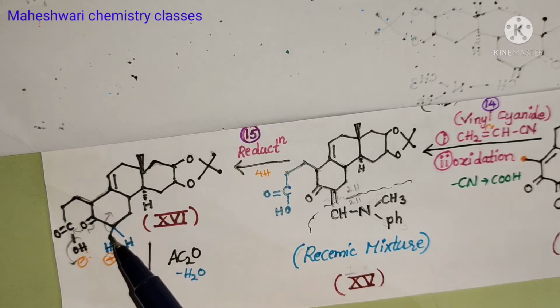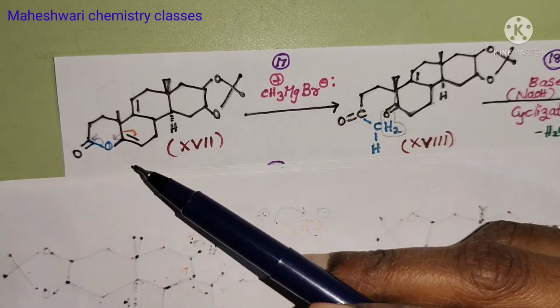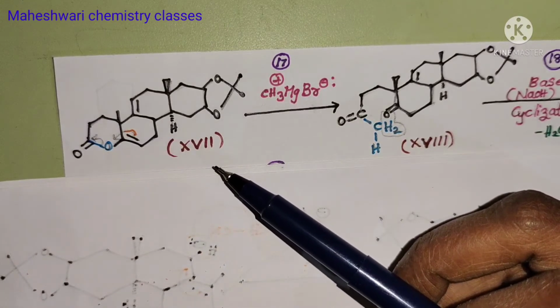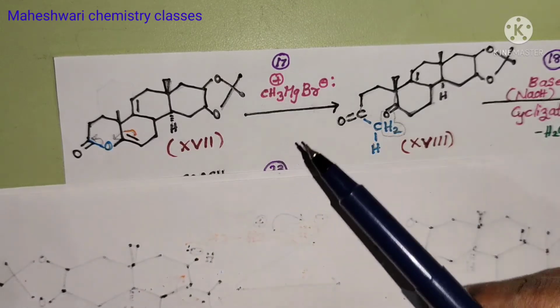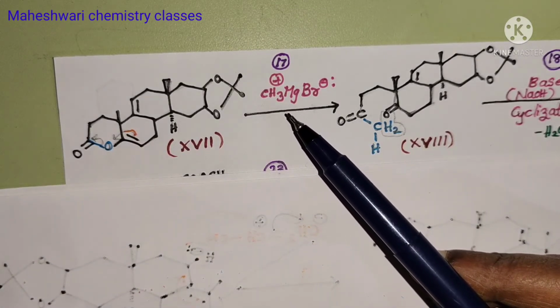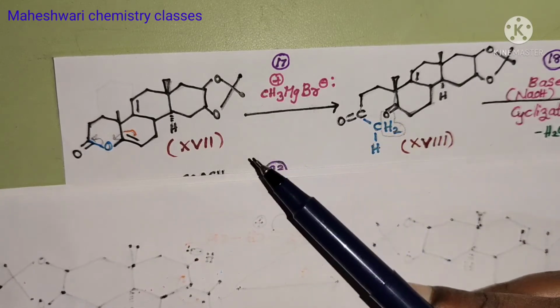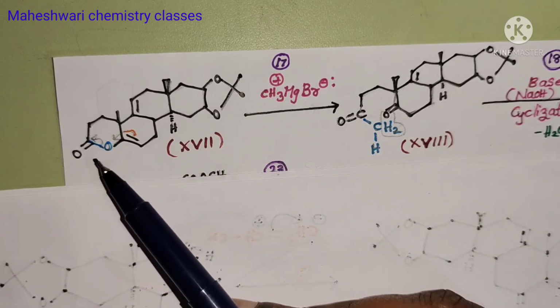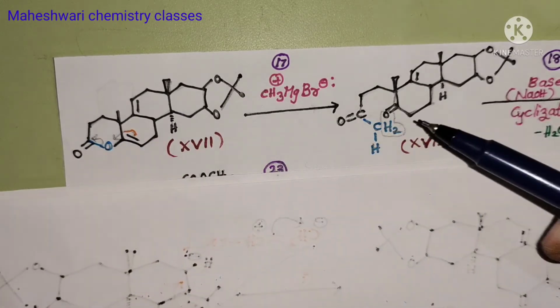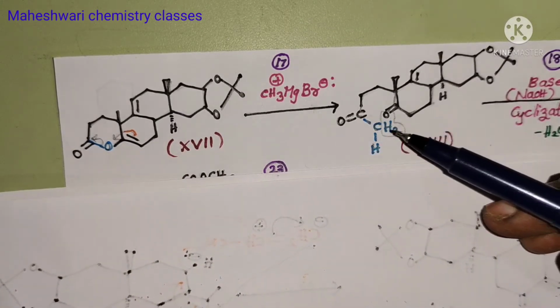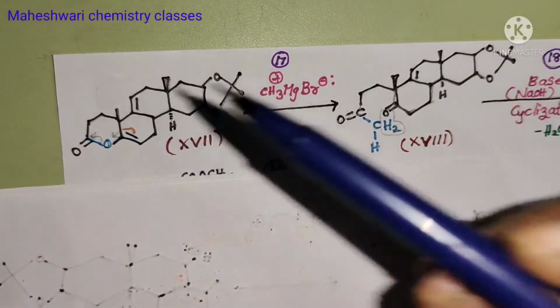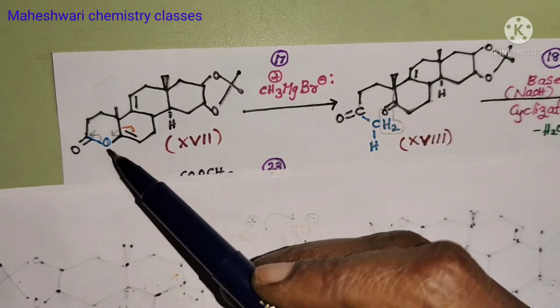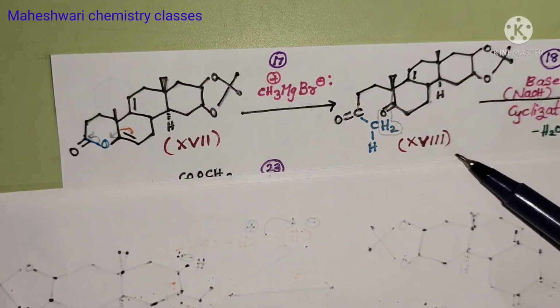This hydrogen is donated, the electron moves towards the ring side, and it is eliminated as H plus. Both are eliminated as water and here cyclization occurs. This kind of cyclic compound is formed. This is our compound 17. It again reacts with a Grignard reagent, methyl plus MgBr minus. At that time the ring opening occurs. Next here CH3C double bond O, why? Because here the ring is open, right? At that time CH3 attacks, and here again it is converted to a keto group. This is our 18th compound.